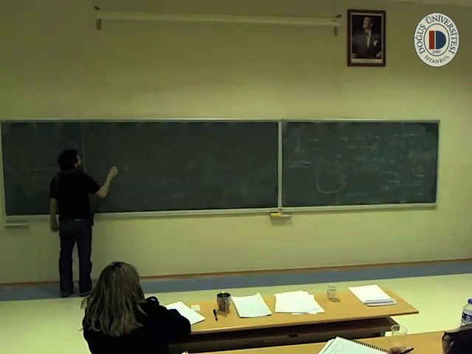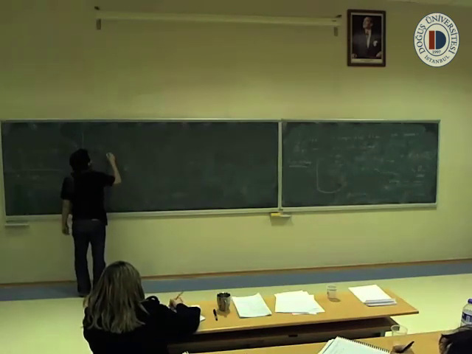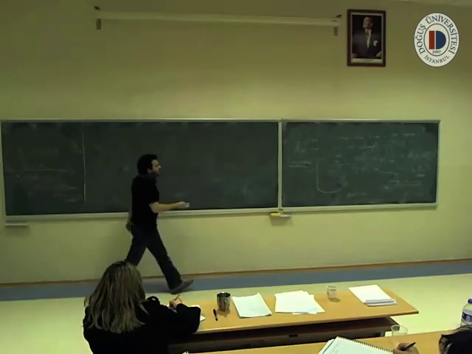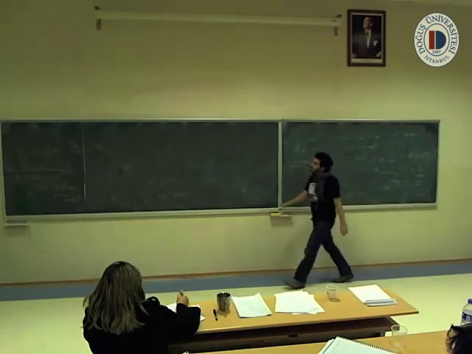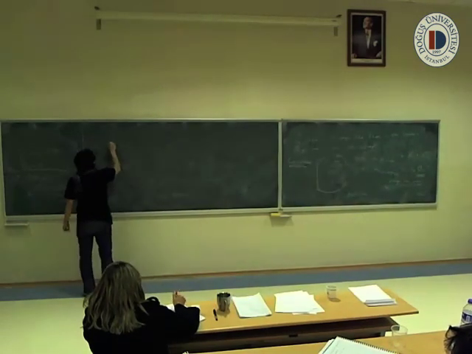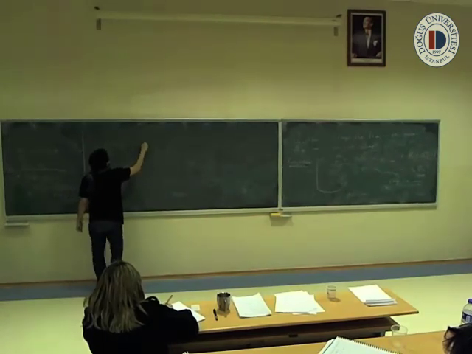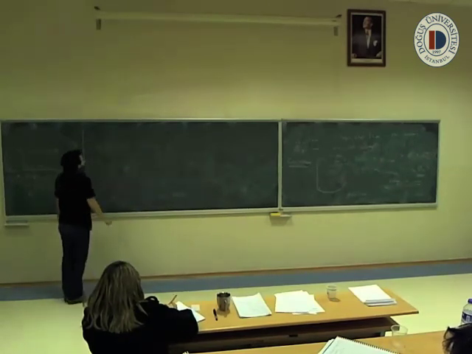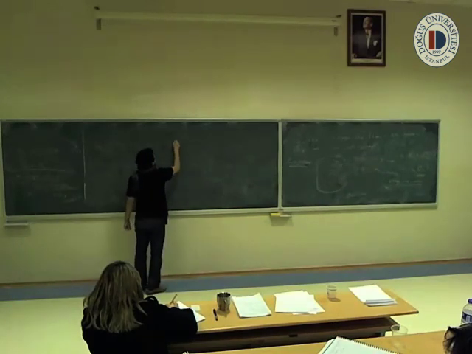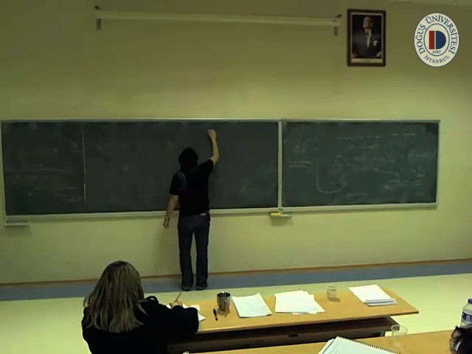I will just first write it down and then I will explain. Suppose that I want to calculate an n-point function in supersymmetric theory, some operator O. I want to calculate the n-point function of this operator O. This I can calculate from the generating function, from the expectation value of e to the i times